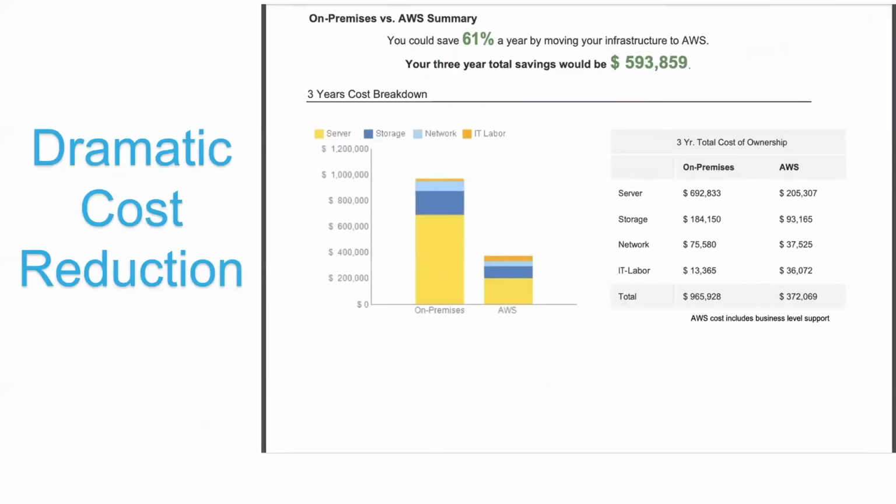So here is some example. I took it from AWS. Basically, it shows you a very simple setup. I just put a couple of servers here. The overall cost saving over 3 years of IT, you can see, is almost 600K. I put in very bare minimum things, and you can see the amount of saving that you get just moving. I'm not even talking about agile or anything like that.